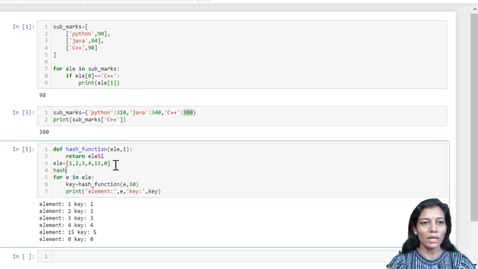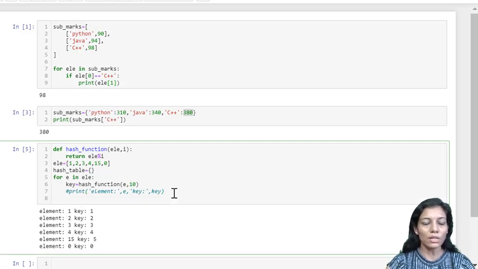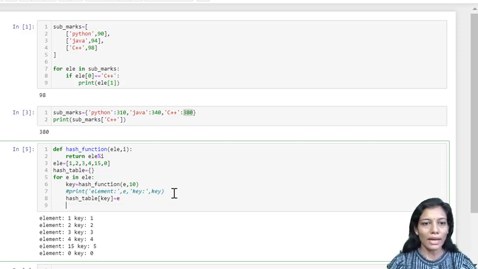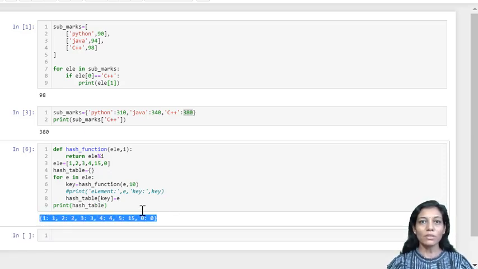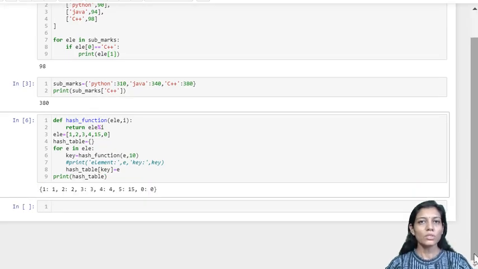So here I am giving the name hash table, that is my empty dictionary for now, and as soon as I have got the key value, I'm right now commenting this stuff because I don't require it anymore, and hash table of key at this particular position I want to insert the element E. Okay, and at the end I will be printing what my hash table will be looking like. So let us execute it. So it has mapped, it has given all the values accordingly. Till now everything is going perfectly good,